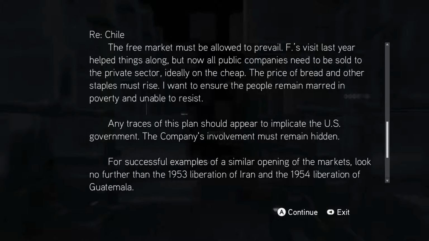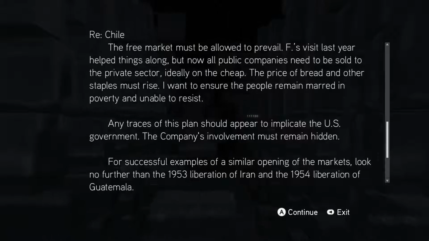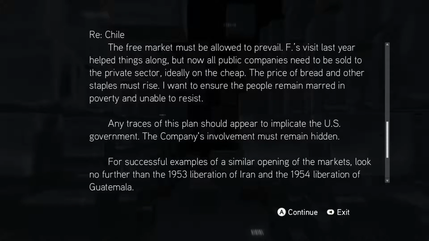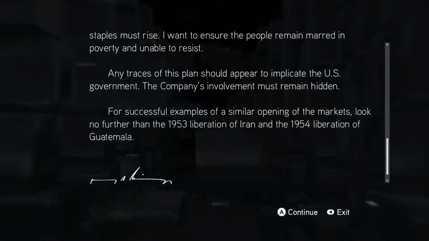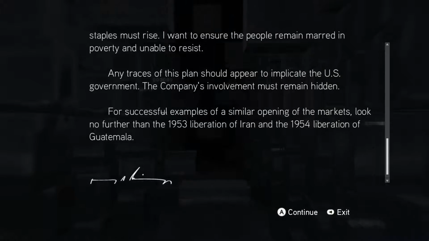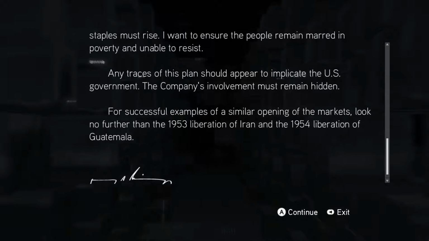Any traces of this plan should appear to implicate the United States government. The company involvement must remain hidden. So, for examples and similar openings of the markets, look no further than 1953 liberation of Iran and